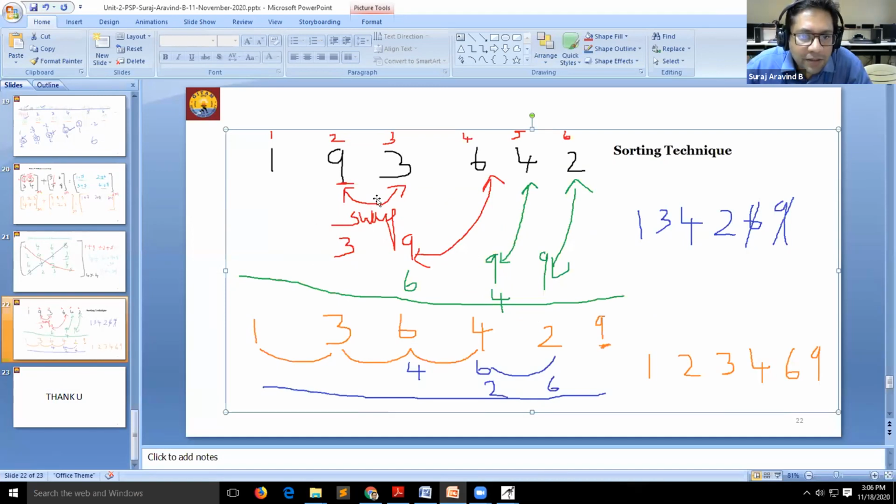If I start from 1, 1 and 9 will be checked, then 9 and 3 will be checked, and because one is less than the other, 3 and 9 are swapped, then 9 and 6 are swapped. Something like that, we proceed. But if you observe, what Anirudh has done is, he is restricting the index value to 1 only. If required, he is bringing the element there and then comparing it with the remaining elements. That is another way of sorting.